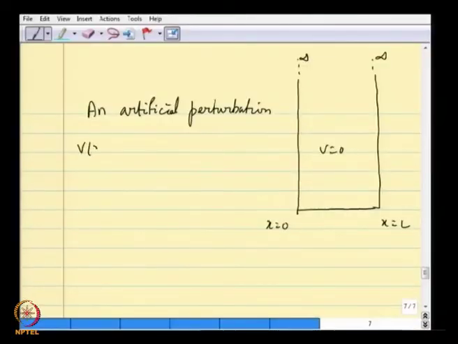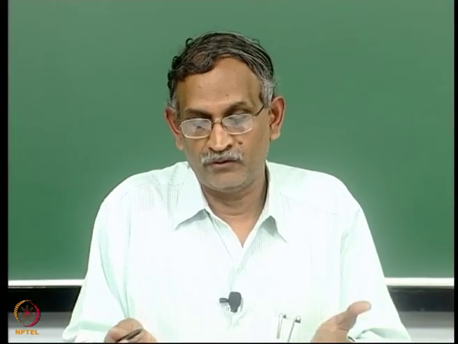So let us consider the perturbation, the H1 which we have been using. H1 is a potential of this form, C, some constant, times x into L minus x. Please remember, when we write the Hamiltonian, all the quantities that we have are operators. x is an operator. Well, L is actually a number, but L is multiplied by the identity operator, so I guess it's correct to put that L minus x. Okay. Now you see that the perturbing potential is 0 at the ends, but it's non-zero inside the